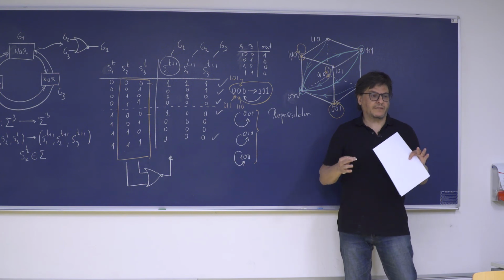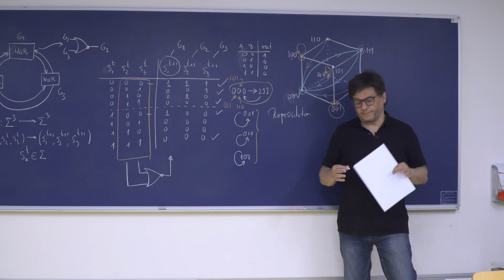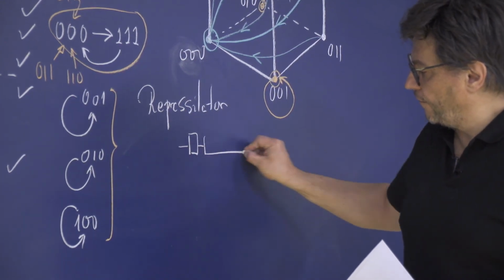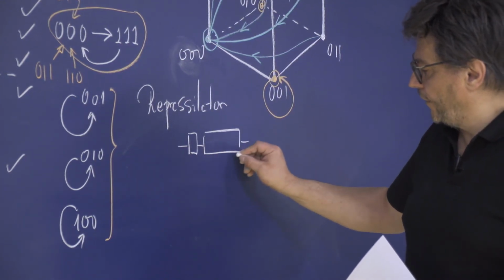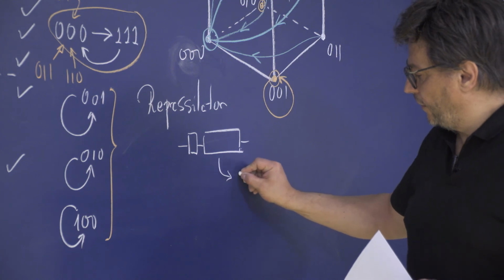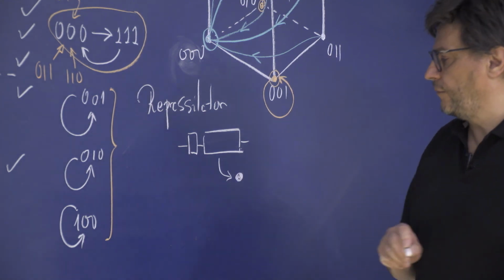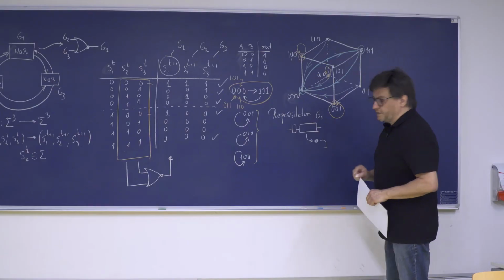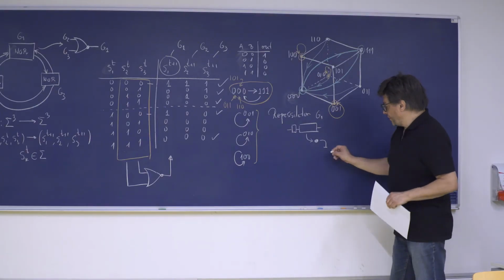I'll tell you what's the basis of the circuit, right? The basis is the following. Imagine that I have a gene, right, that leads to a protein, okay, that's my gene 1. This protein is a repressor of a second gene,